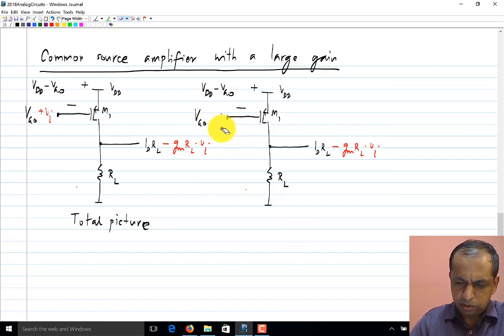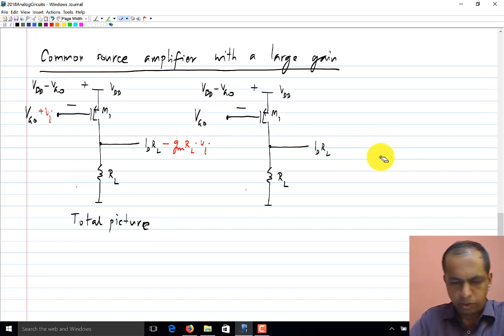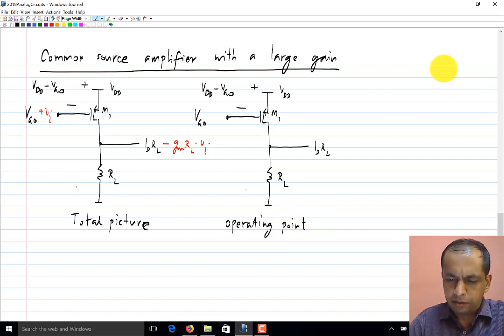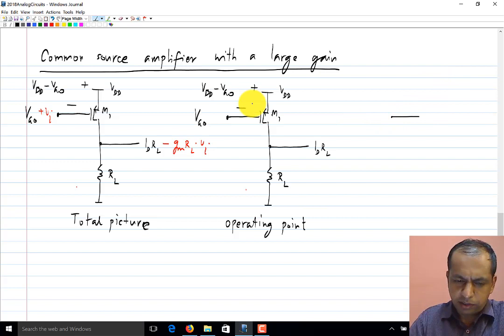This shows only the operating point. And if I draw only the incremental picture,